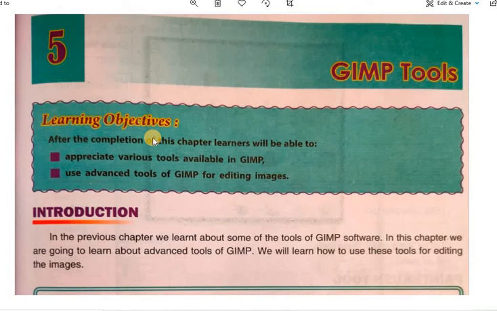Hello students, today we are going to discuss our chapter number 5 for the class 7 subject computer, and in this chapter we will discuss some advanced tools of the GIMP. In last chapters we also discussed some tools, but here we are going to discuss some advanced tools. So whatever tool you have learned in the class 4, that is also important, but here some advanced features of